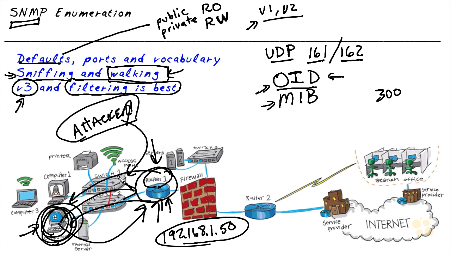The attacker could send in spoofed packets that appear to come from .50. And when the router receives them, it's going to respond back to .50. The problem is, if the attacker wants to see that response, the attacker would then have to sniff the network and eavesdrop on that reply traffic so we can see the responses that are coming back